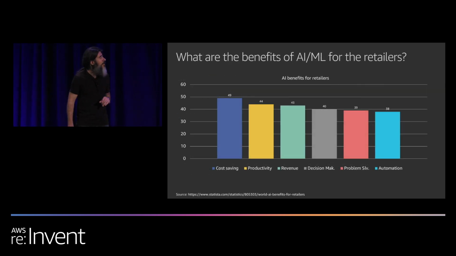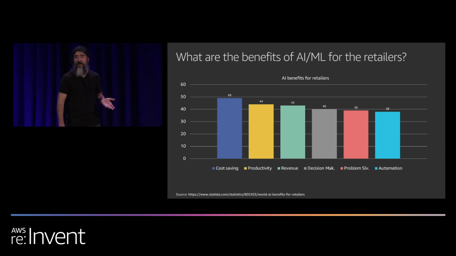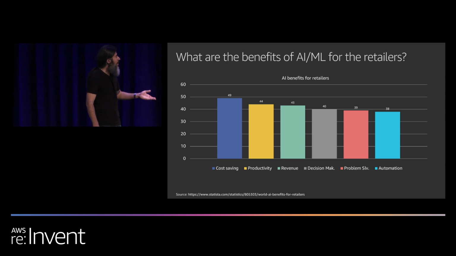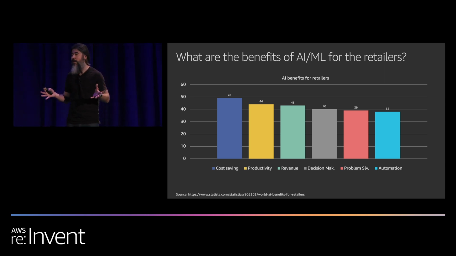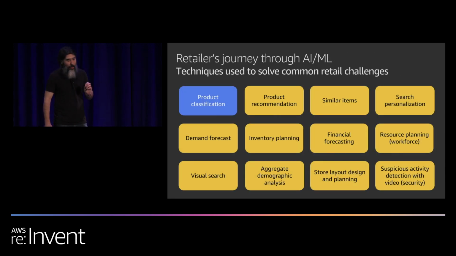And here we selected the top 6 benefits of AI ML for retailers from research from Statista. And in this research, as you can see, almost all these benefits are related to automation, to cost optimization, to forecast. But we can also see an item related to decision making and also user experience. When we talk about problem solving, this is a generic topic, and then you can think about the user experience and all the things that you can do using machine learning, okay? All right, so